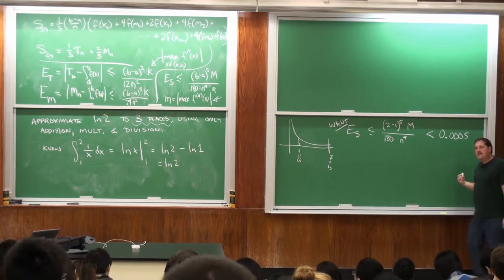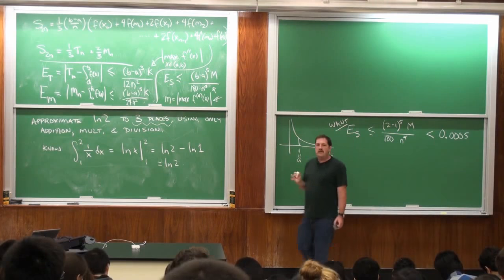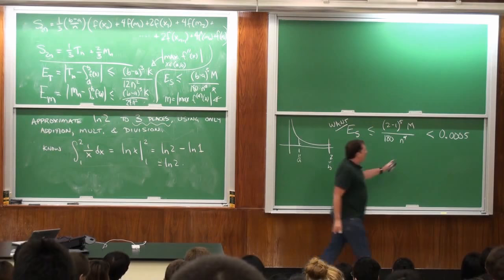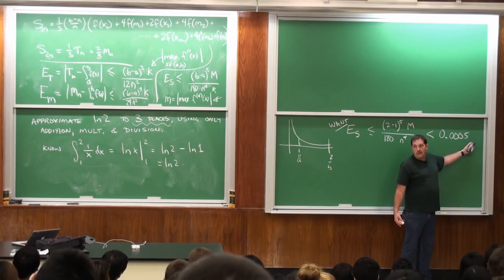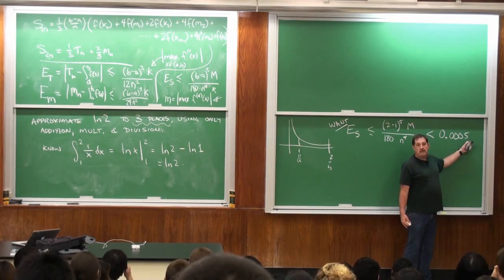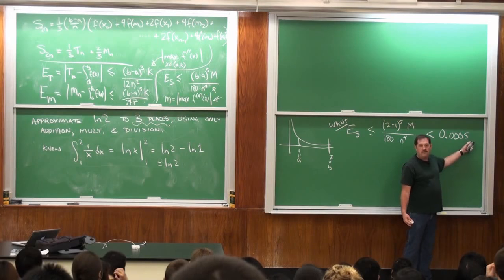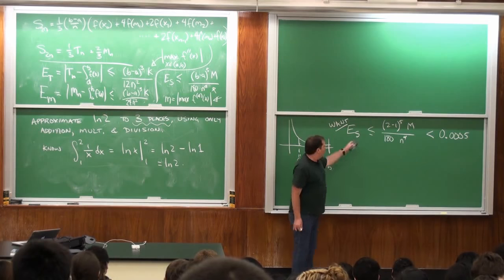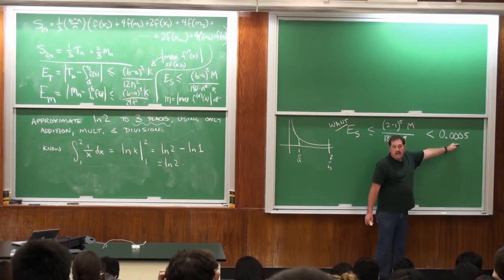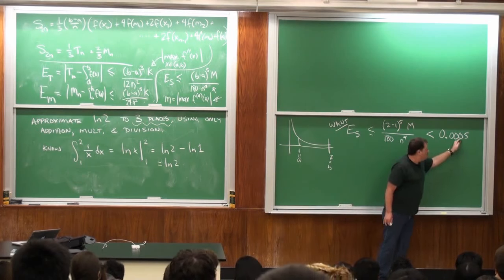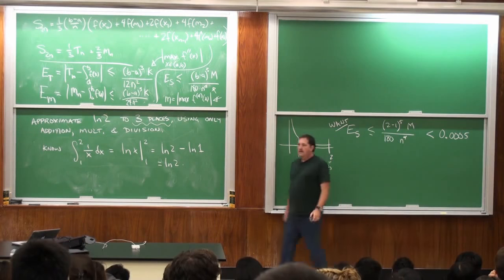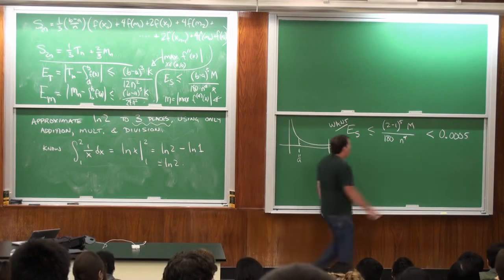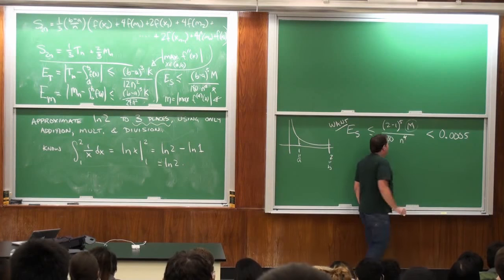So one thing here is when I say good to 3 places, I want the 3rd digit after the decimal point to be correct. That means that I can have a mistake in the 4th digit after the decimal point, but it can't be bigger than 5. Because if it's bigger than 5, I'll round the wrong way, and my 3rd digit will be wrong. So I want my error to be less than 0.005. Okay? Is everybody okay with that? So now I just need to figure out what n is, and then I have an equation for n.